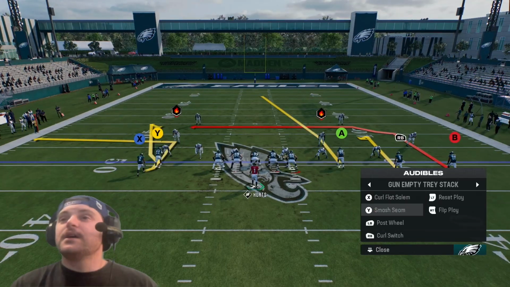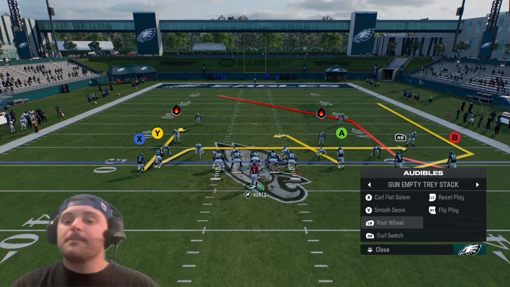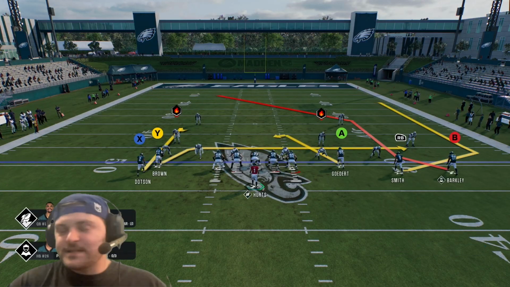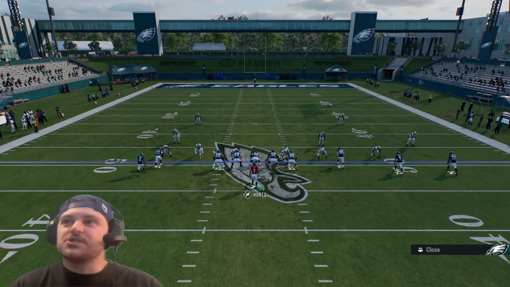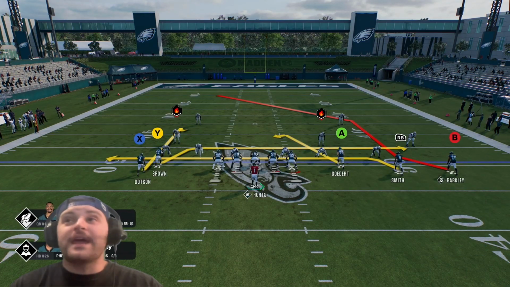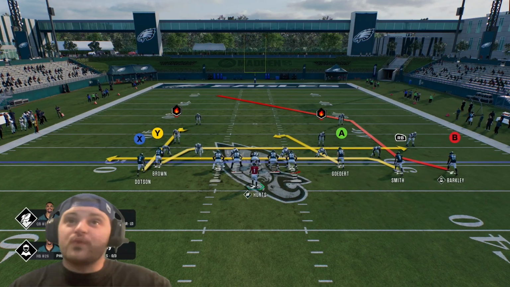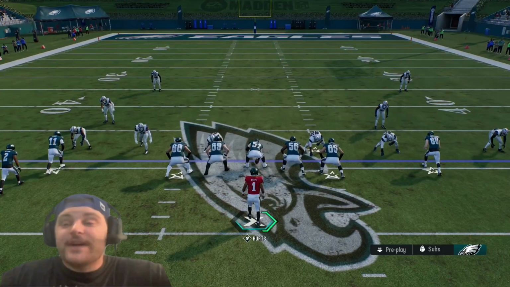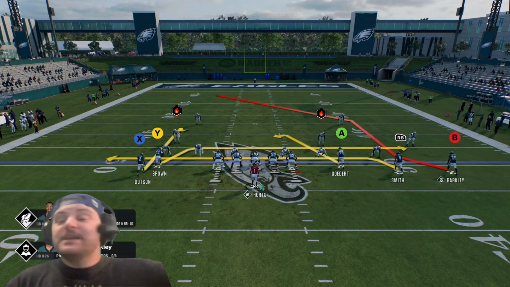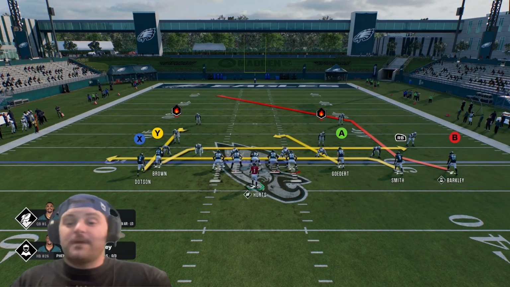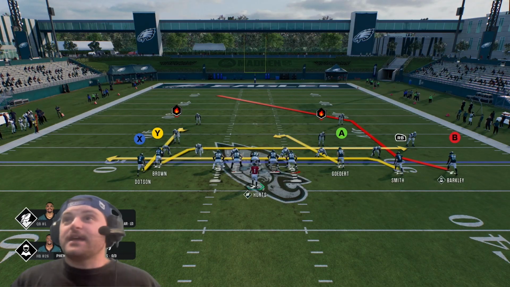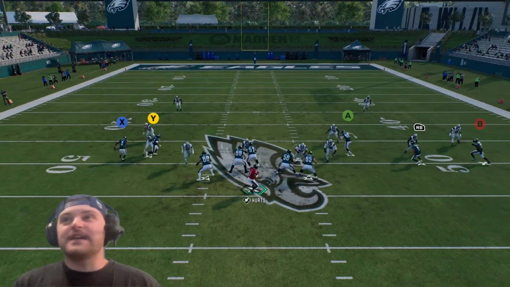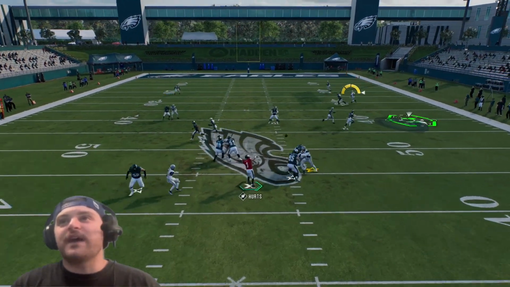This is definitely we're taking a shot down the field, trying to dial something up. Next one we got here is post wheel, and we're going to keep that Saquon Barkley route on the field over there. So we are trying to take a shot, but I like to put Devonta Smith on a drag route. So now we're kind of running mesh with Brown and Smith. Dotson and Goddard are kind of spacing the defensive zones, and if they completely neglect over the top there, maybe they blitz a safety, and wherever the case may be, maybe they're playing man coverage and the guy just runs by him. Whatever the case may be, we still have that threatening of a very long route, and